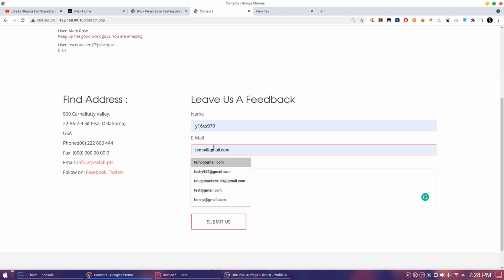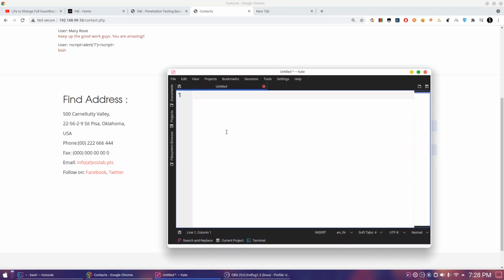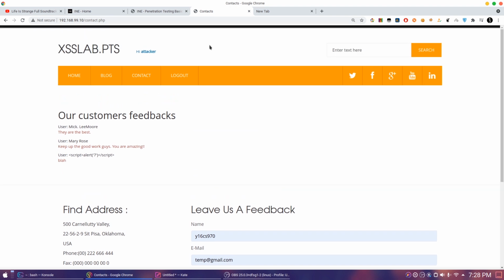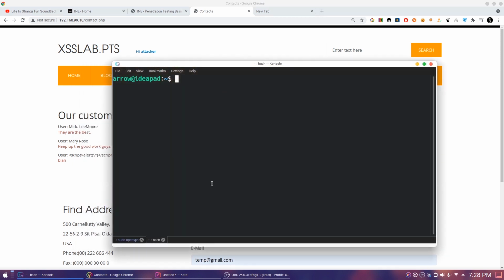So here what I'm going to do is create an image that will redirect to our fake web server. Okay, now I will show you. We simply no need to display the cookie. Instead, we need to send this cookie to our attacker machine, that is this box. So we are going to set up a simple web server using Python. Now the document.cookie will be sent in a GET request to this web server. That means we can display here the value of the cookie.